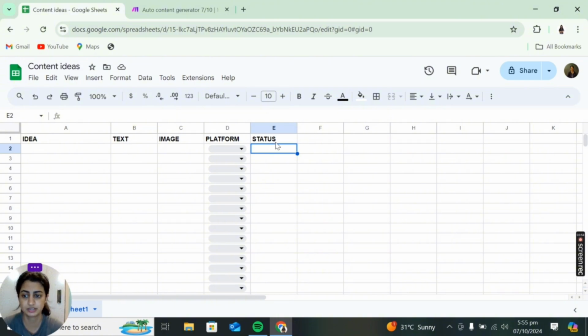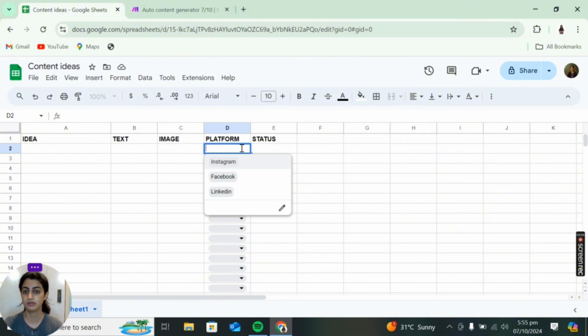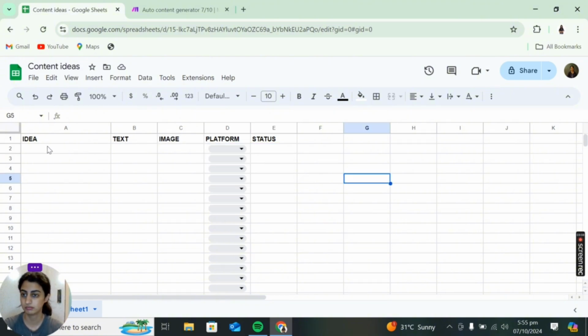Another reason why I added this was you could also add another column here, or just change this column into approval status, and similarly have a drop down menu that could say approved or not approved. And as soon as you have the idea and the automation ran, came up with the text, the image, you read that text, you check that image, you make a few changes if you want to, and then in the drop down approval status menu column, you basically just change the status to approved.